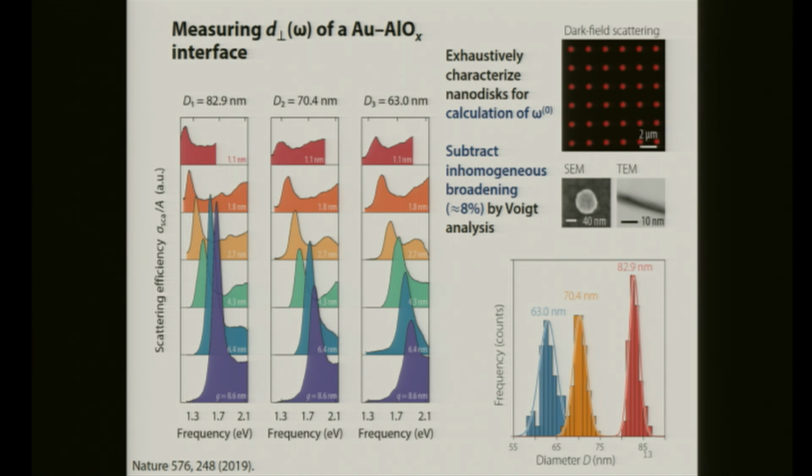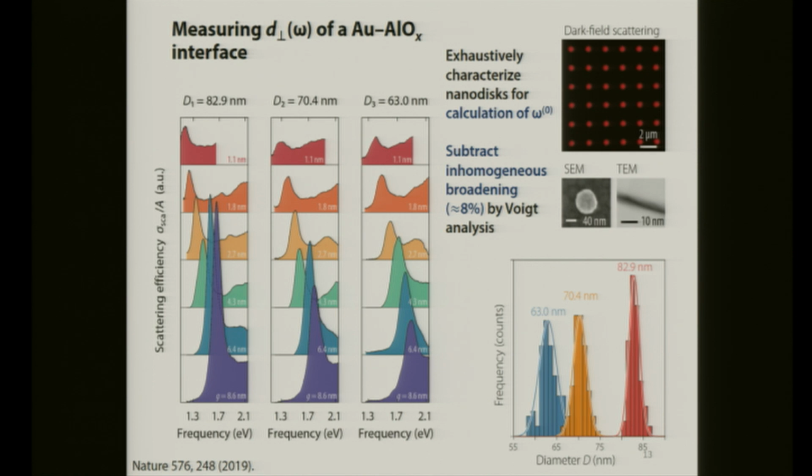So we do this characterization of the geometry of the structure with both dark field SEM and TEM to confirm the gap size. And we also do ellipsometry for the bulk refractive index of the structure as well. I have to note that in our measurement, because of the surface-enabled Landau damping, you can find that the scattering signal actually reduces significantly if you reduce the gap from 8.6 nanometers down to around 1 nanometer, even in a cluster measurement.